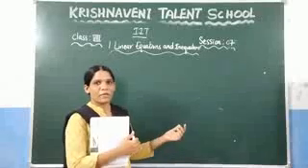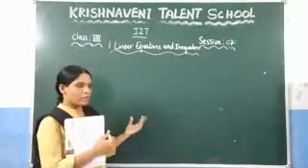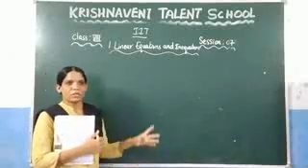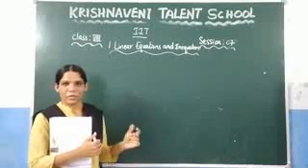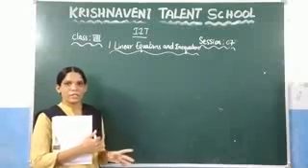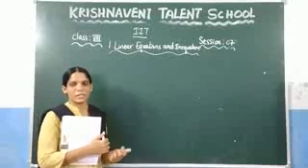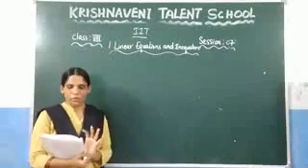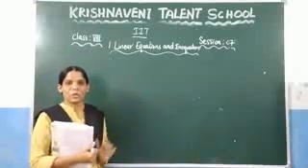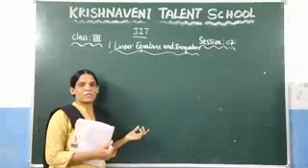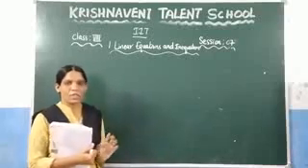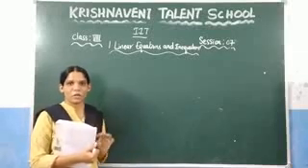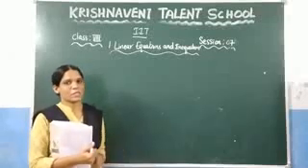For that reason we have discussed all these things. If you are given one equation, how do you represent it on a coordinate plane? You will get a straight line, or what do you get if the x coordinates are the same, or if the y coordinates are the same? All these things we have discussed, because here we need to find the solution of the linear equations. If you are given two linear equations and two variables, you can find it using the four methods. We have already discussed the first three. Now we are going to learn the last method, the graphical method.